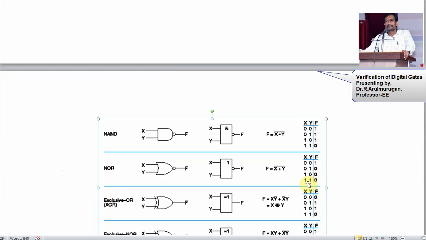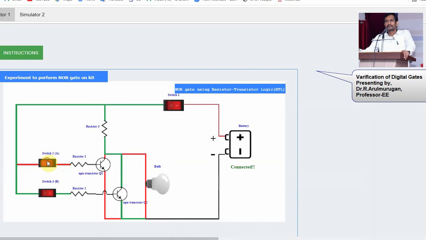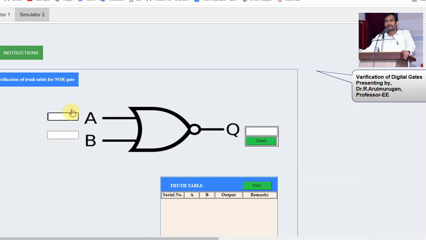So what is it saying? Only the 0 0 condition is on. So 0 0, 0 1, 1 0, 1 1, light bulb is off. Go to the simulation. 0 0, what is the output? Can I get the response? One. Output is